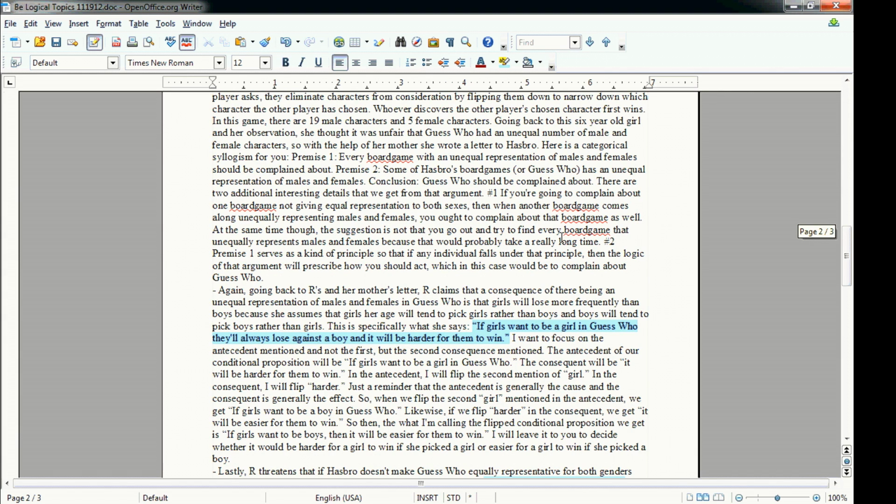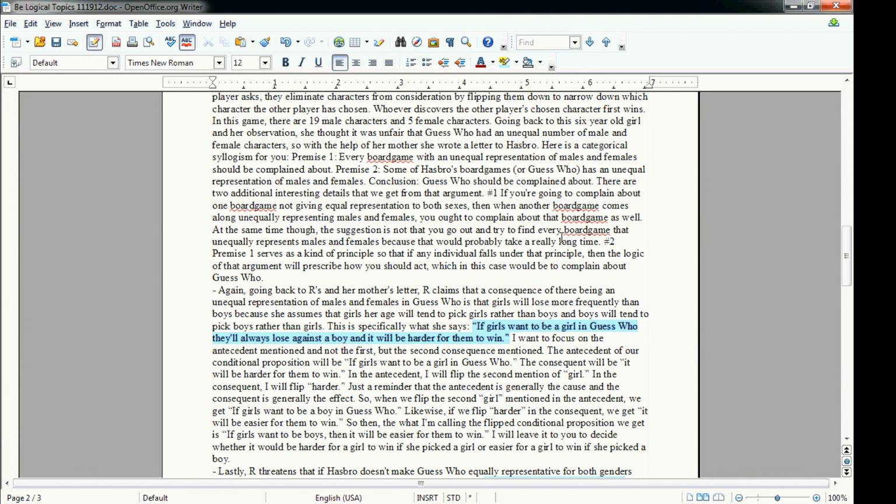So this is exactly what she says. She says, if girls want to be a girl in Guess Who, they'll always lose against a boy, and it will be harder for them to win. So I'm going to focus on the antecedent of that conditional proposition, but I'm only going to focus on the second consequent in that same conditional proposition, which is that it will be harder for them to win.